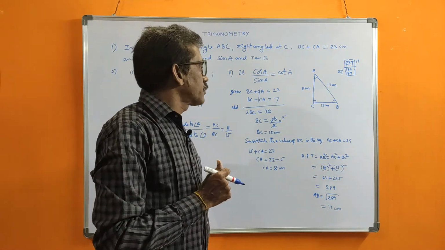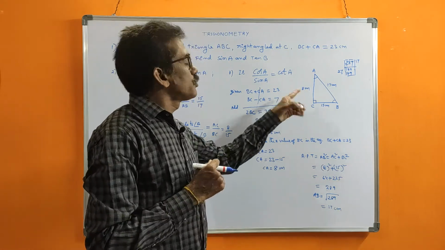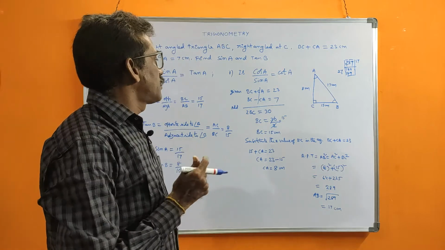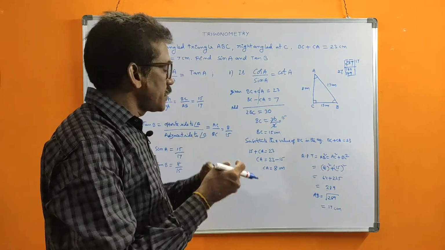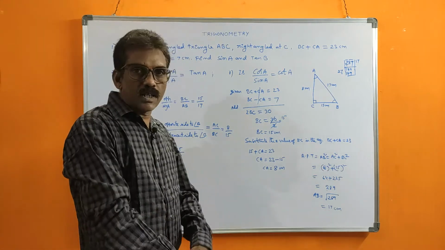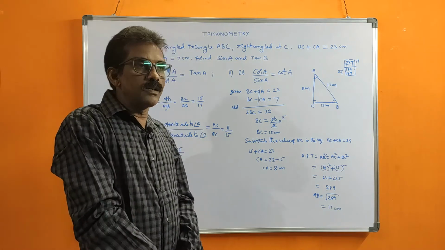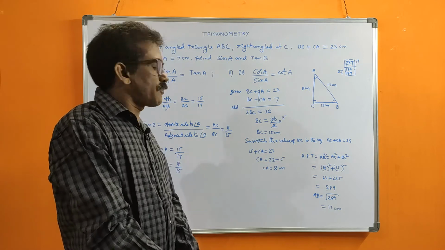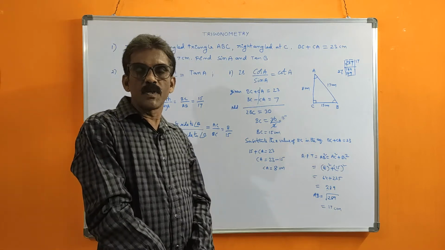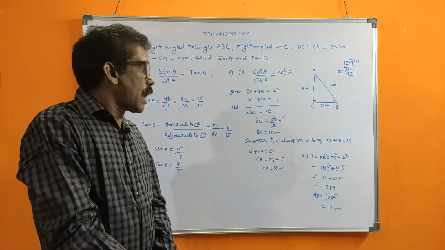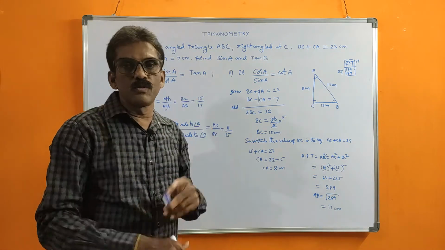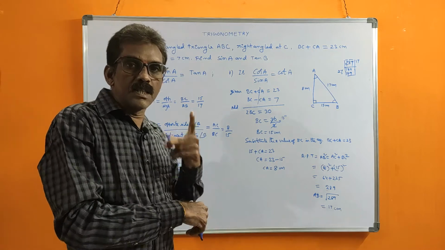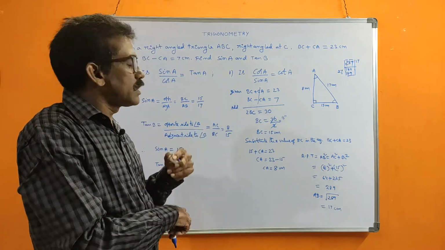In the previous problems, he directly gave two sides, in the form of ratios or directly. But here, he doesn't give the values directly. By means of some equations, he gave. So that's why, as a student, you should learn all these things, equations, everything you should apply. Mathematics means applications. You should use your knowledge. Oh, directly not given, how to find those? That kind of thinking ability you should improve. Then only you can do it.